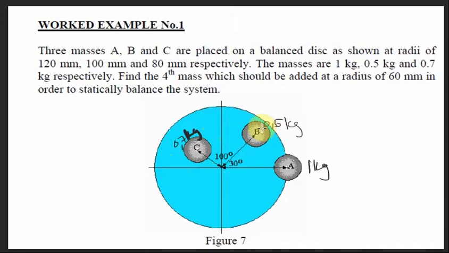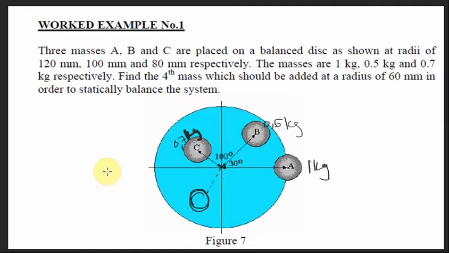So they gave us this information. Here we are asked to find what other force could be added to this system in order for the whole system to be statically balanced,